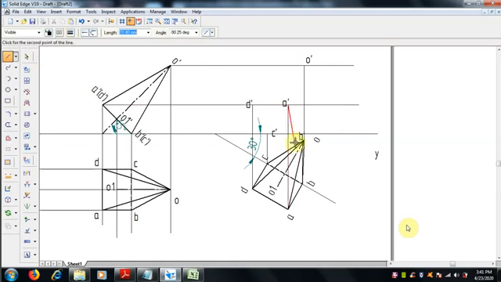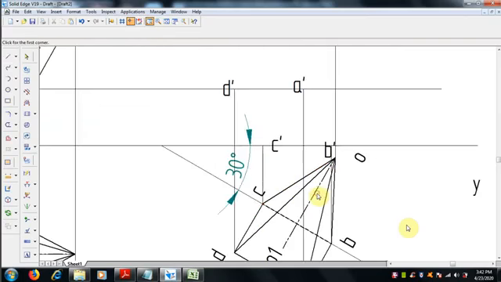ABCD is the base. Let me draw the ABCD by using 0.13 mm thickness. We join the bases. ABCD is the square base. Join with 0.13 mm thickness.